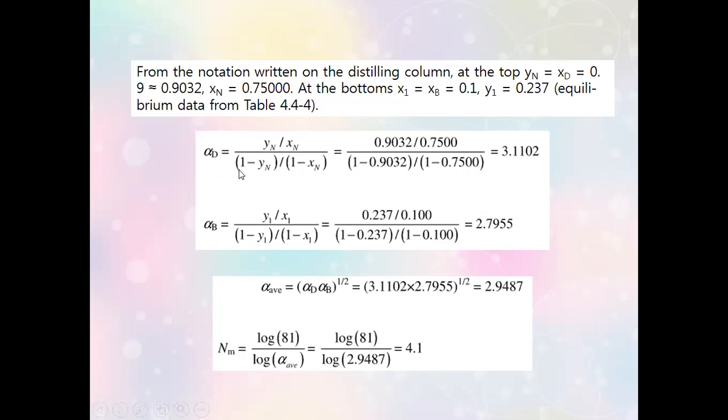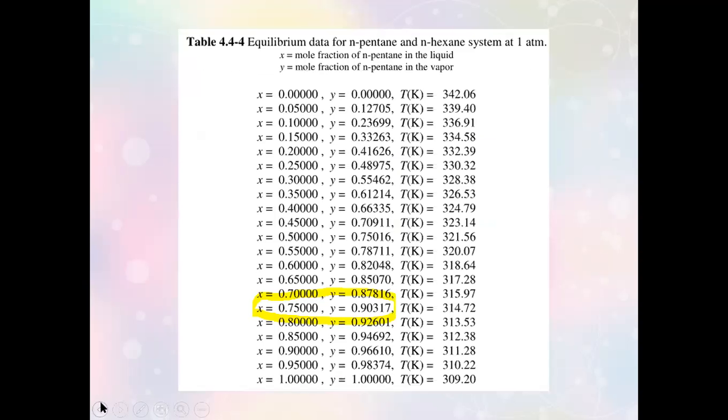So in here, if it's distillate, you get to see YN and XN being used. And if it's bottoms, it's X1 and Y1 that is being used. Where is this X1 and Y1 again taken? So if it's X1, in our case here, it's 0.02, by the way. It was approximated probably by myself to 0.1 so that it would be easy. But this one should be 0.02. Where will you get it? You go back to the table here. You find the 0.02.